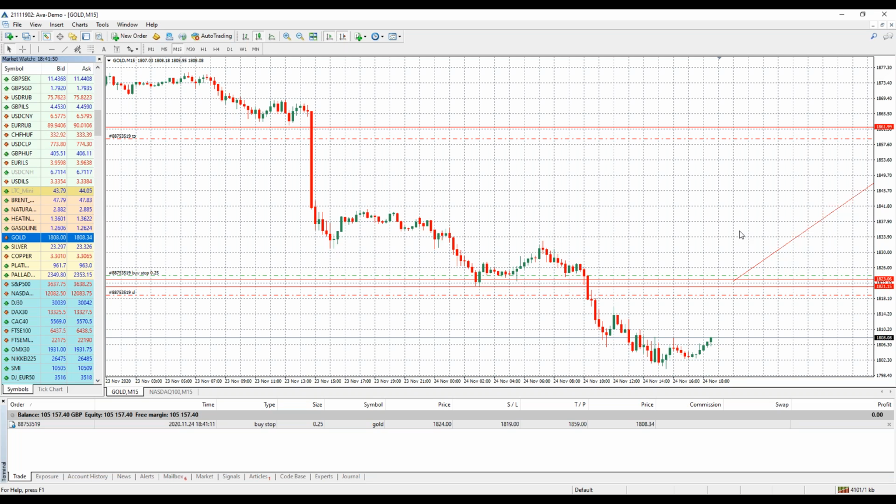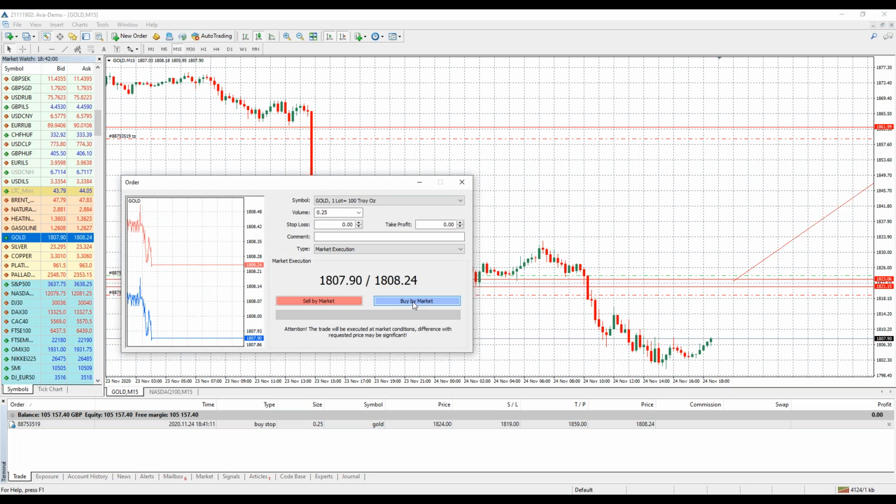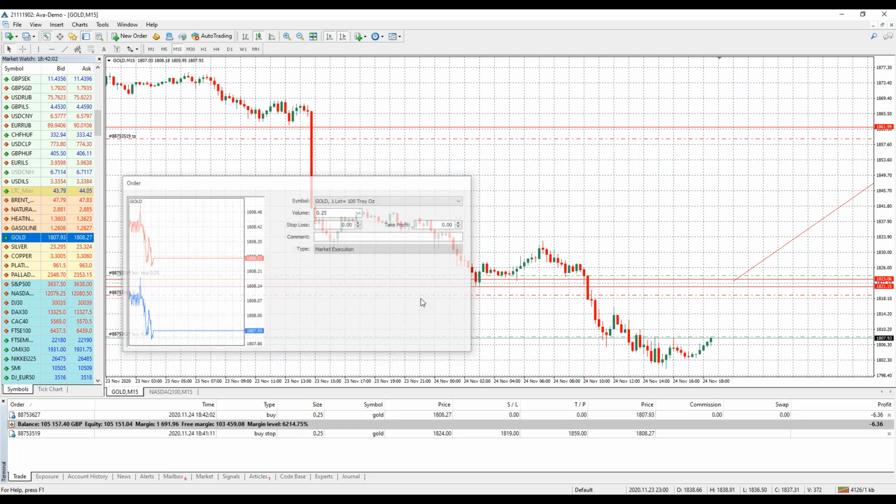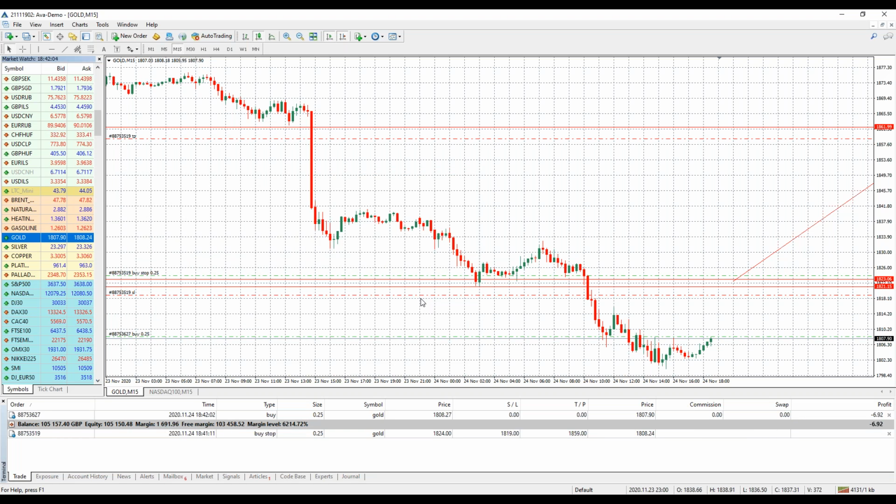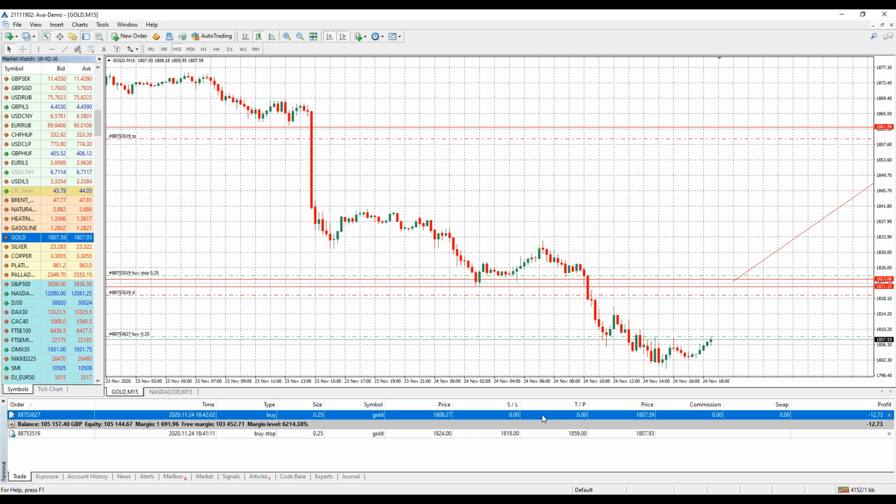The trailing stop, you have to set after the trade opens. You can't set it in advance. Let me show you how to do a trailing stop. Let's assume this trade opened. Okay, let me do a market buy. Okay, trade is opened. Let's say it's in profit. You say, wow, I have a nice profit. Maybe the movement came all the way up here. You say, wow, I don't want to lose that profit, but I think it'll keep going. So I don't want to close it, but I don't want to risk that it could come all the way back. So you could go right click over the open trade.